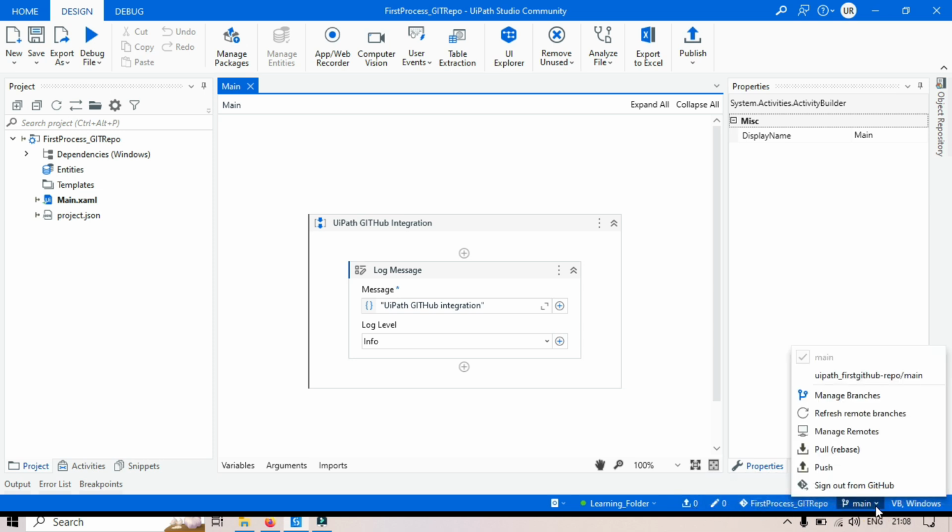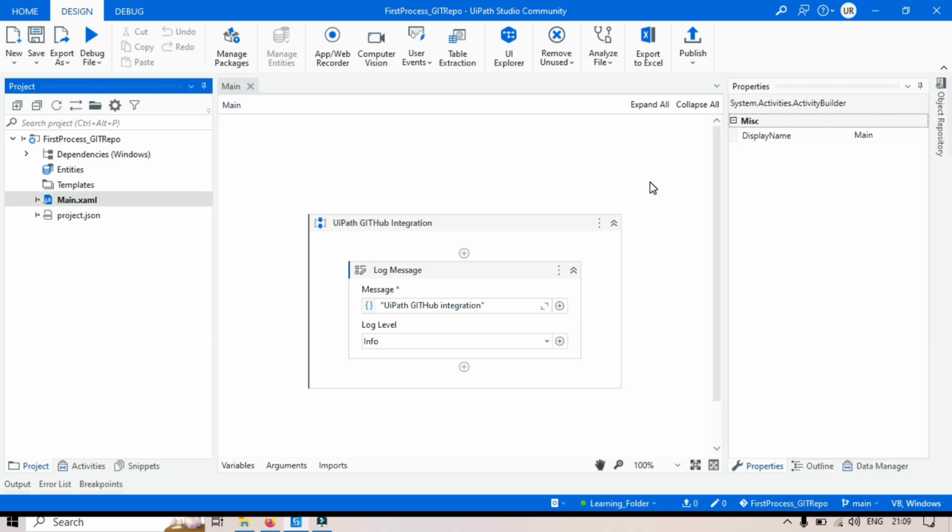And from here you can see we are getting sign out from GitHub. It means we have already signed in to this one. And you can see the branch also changed here. Earlier it was just main. Now it is showing your repository slash main. It means inside your repository there is a main branch. To verify that you have successfully